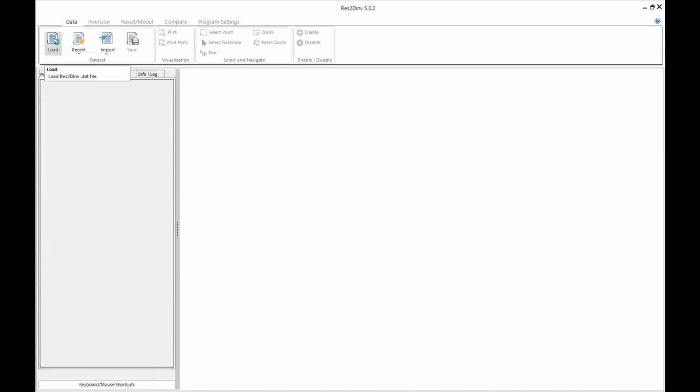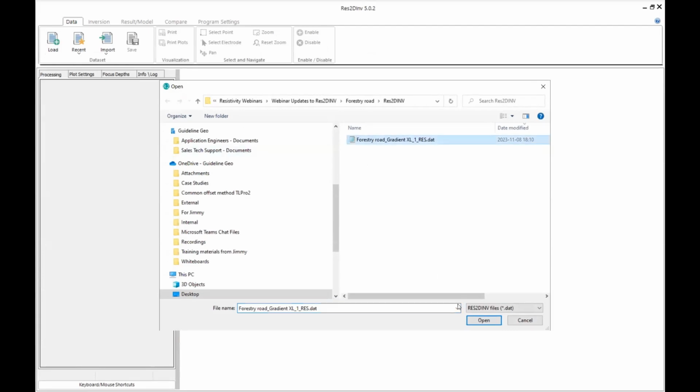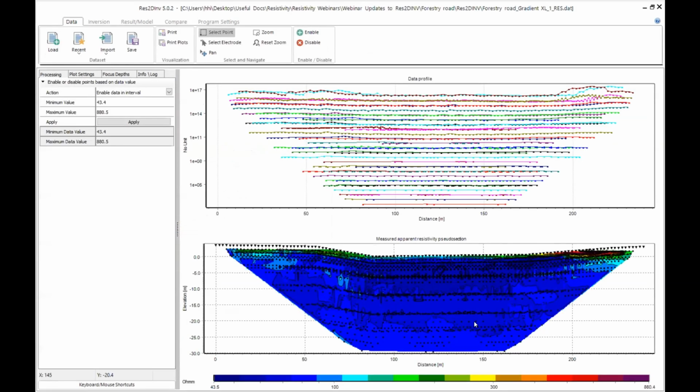So now we'll load some test data and look at the filtering and visualization of the pseudo section. Immediately we're presented with our data view on the top here and our measured apparent pseudo section below it. The data view is similar to the exterminate bad datum point menu from version 4 and older. However, the focus depths are now colored by depth groupings, and we can use the focus depths tab to turn